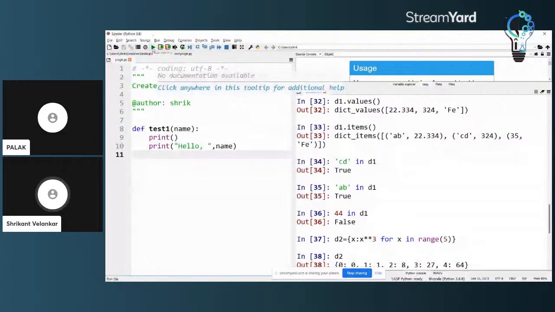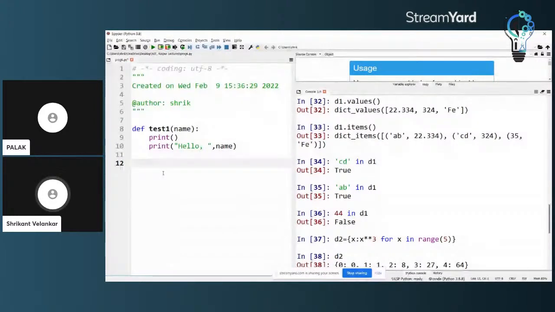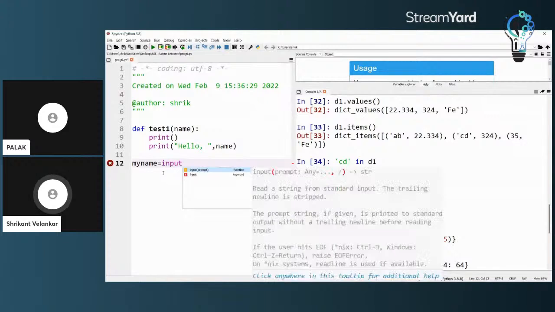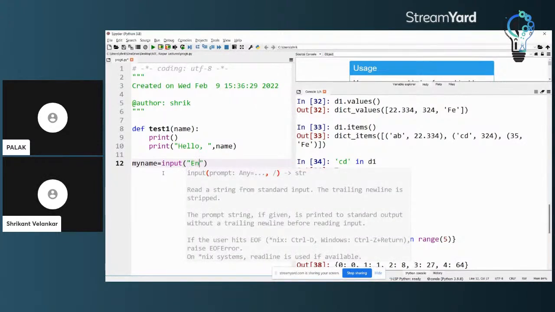And when I execute it, obviously I will need a name, but this is just a function that I have written. So I need to write a main program, and the main program will be just calling the function. I will need the name to be received, so I will write myname is equal to input, enter name.